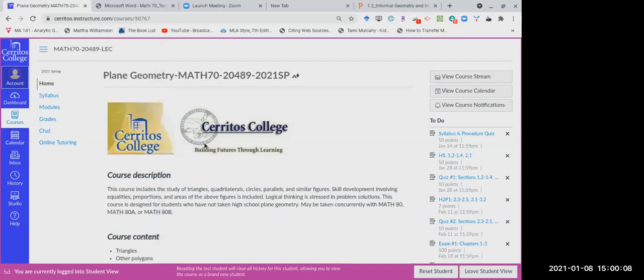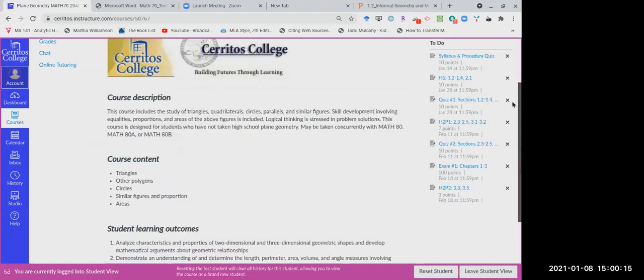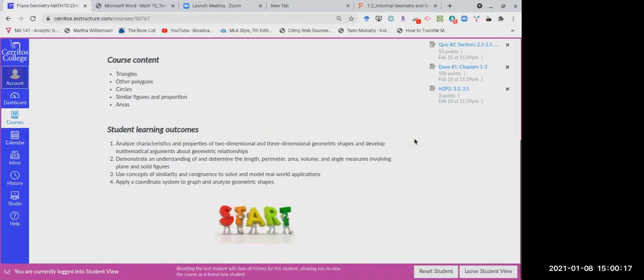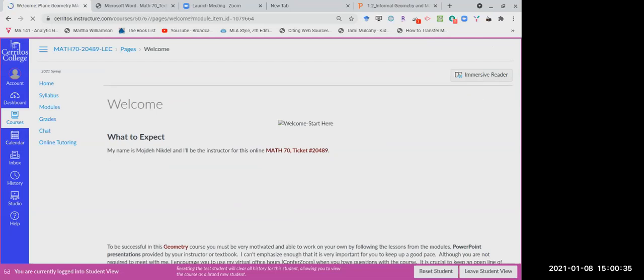As I mentioned, this is your standard course navigation page. It describes your course. You have the course content. And then at the bottom, you have the start, and that's where your course navigation starts. Once you read the summary, you can start. When you click on the icon, you'll be taken to the welcome letter, which, if you've made it to this video, I'm sure you've read already.